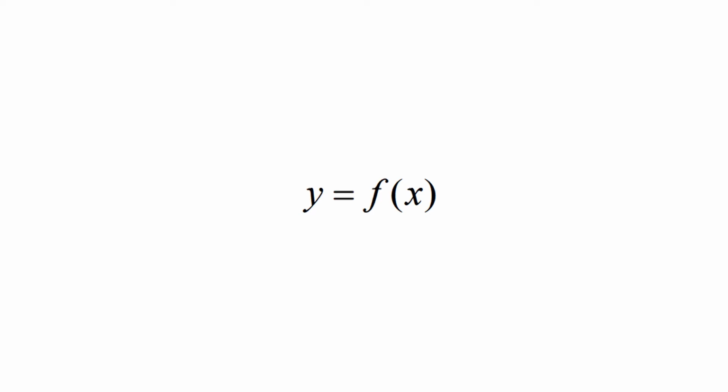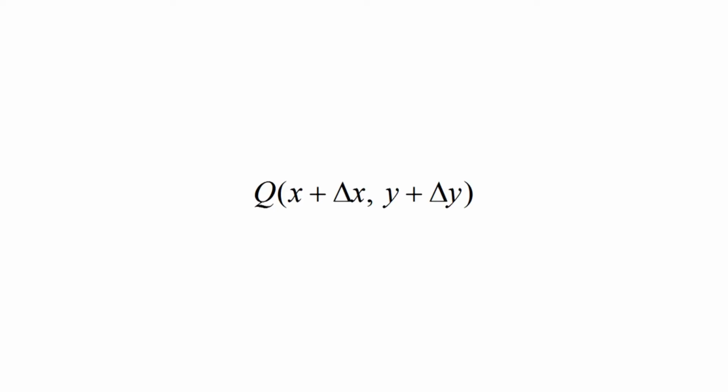denoting the length of arc AP along the curve from a fixed point A and the variable psi denoting the angle between the tangent at P to the curve and the x-axis. Now, our aim is to find a formula when the curve is given in Cartesian equation. Let y is equal to f of x be the Cartesian equation of a curve.